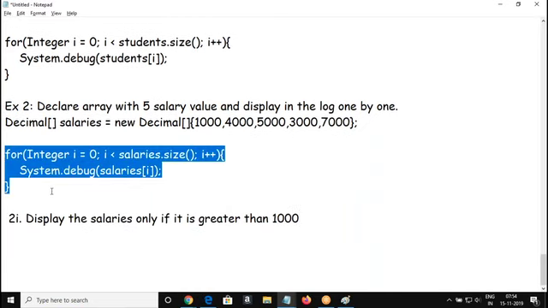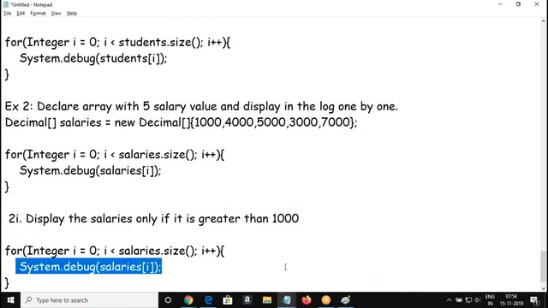This is my requirement. So display only if it is greater than 1000. So we are going to have an if condition here. So what I'm going to check: salaries, open and close bracket, i, we are going to check whether it is greater than 1000.